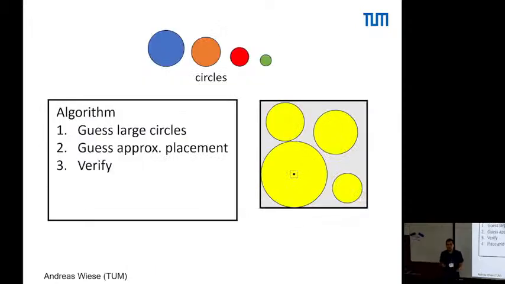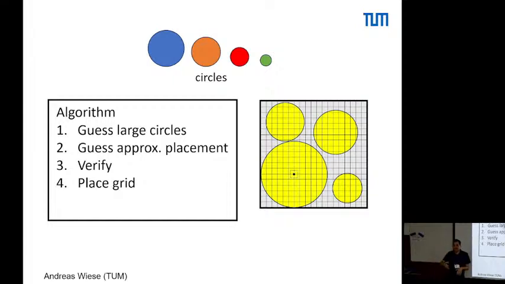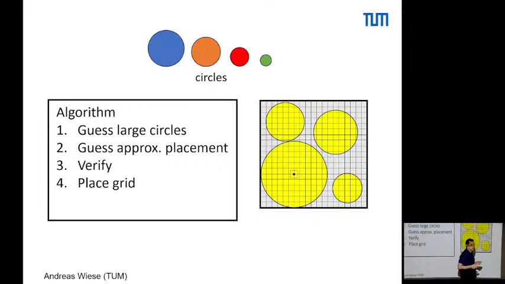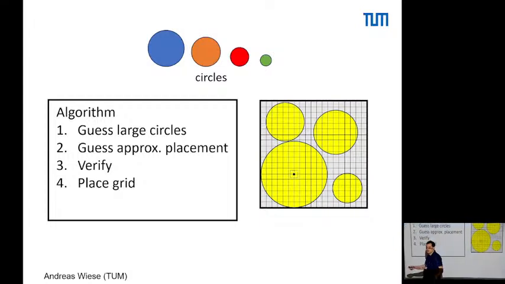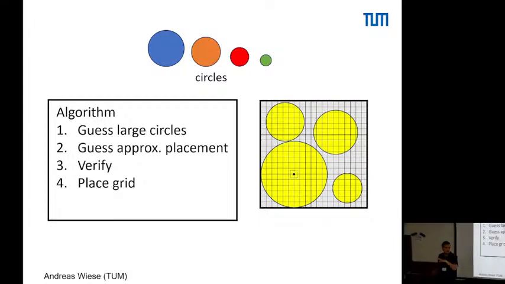And then we place a grid. We want to continue with the small circles. So what we do is we place a grid here. Yeah, that would say it might be rational but algebraic still. Yeah, right, it could be. But from all we know, it might be irrational. Yeah, okay, good. So now we want to pack the small circles, and in order to do this, we place